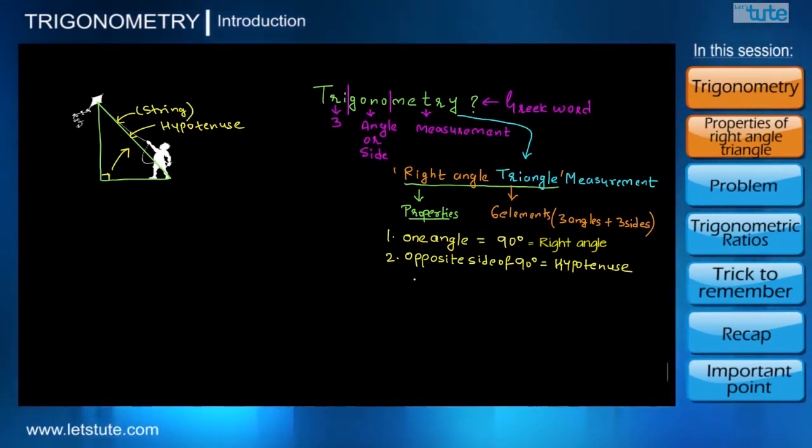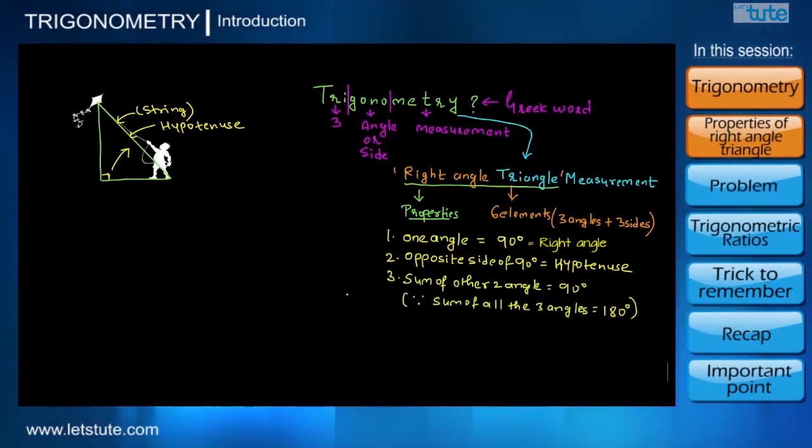Now, one angle being 90 degrees clearly means that the sum of the other 2 angles must be equal to 90 degrees, because we all know that in any triangle, the sum of all the 3 angles is equal to 180 degrees. So about this angle, all I know is it is not 90 degrees and it's less than 90 degrees. So let me call this unknown angle theta. Mathematically, theta is one of the symbols to denote an unknown angle.